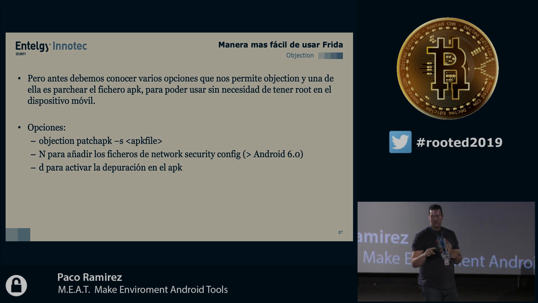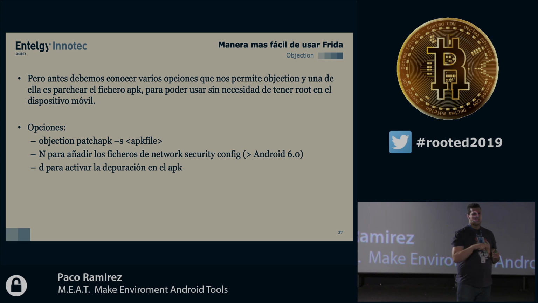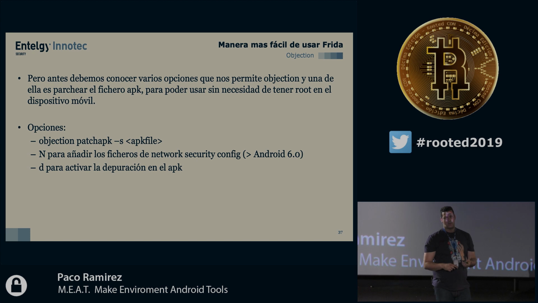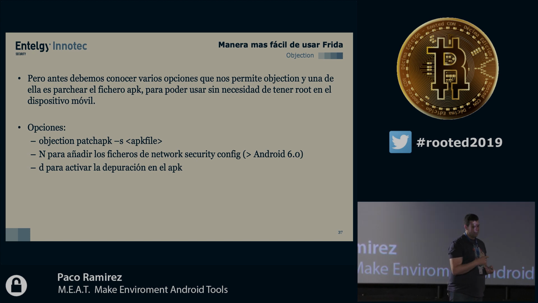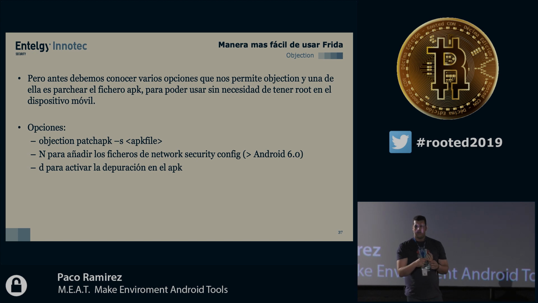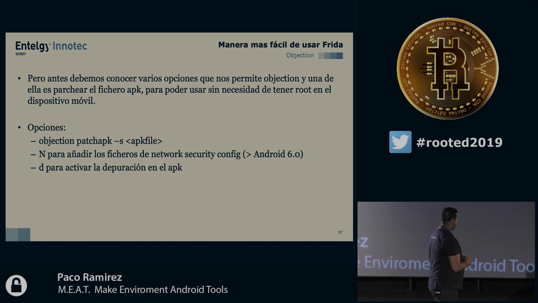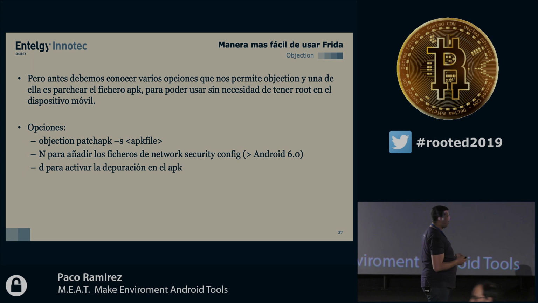I can patch the APK. I have a root device. I can launch a Frida survey, a process for the hooking, but I need to have the rooted device before. But if the device has hook detection, nothing can be done. So we can use a library that is injected into the application to be able to execute it. So this allows me to patch this APK and use other